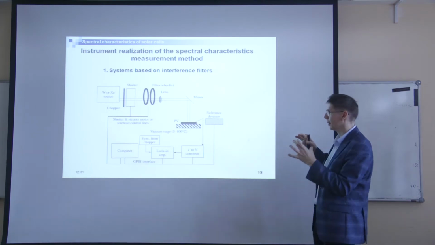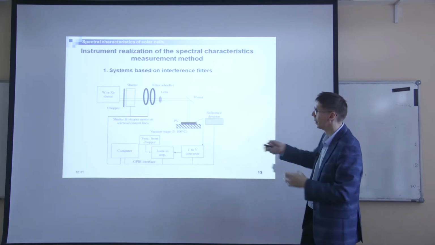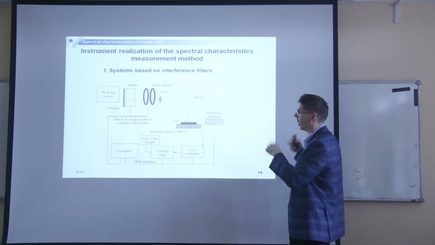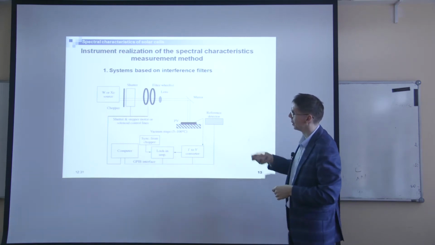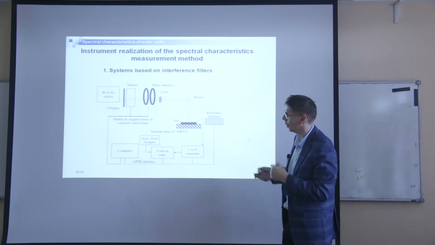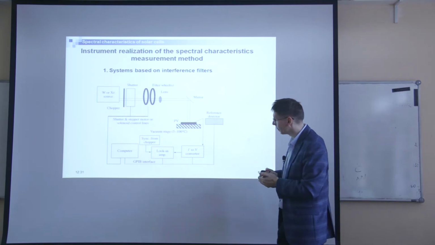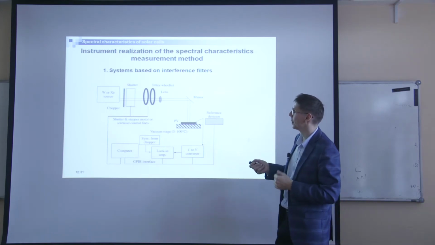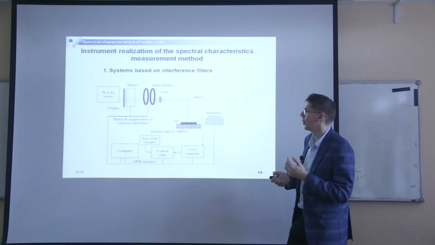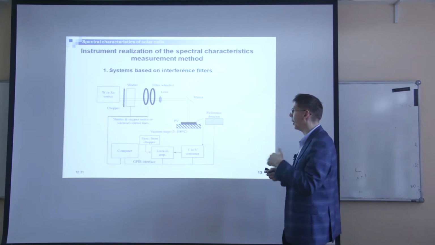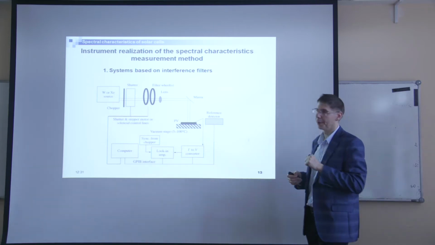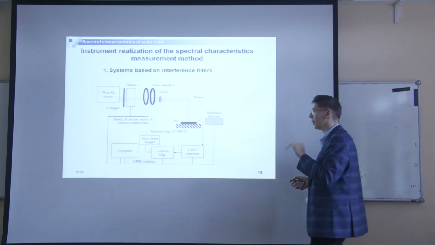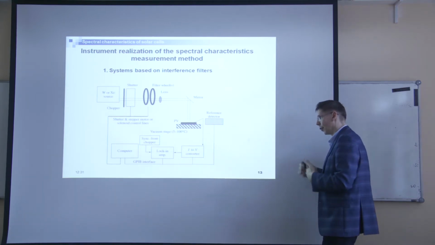So it's like you have some wheel with holes, which is a rotating wheel. So it's just real mechanical modulation, and it is connected to a synchronous detector, which is called the lock-in amplifier. So in this case, you measure a modulated signal. For monochromatic light, it's a modulated signal, and you know that